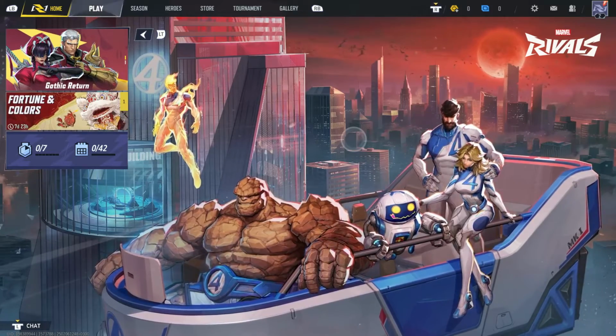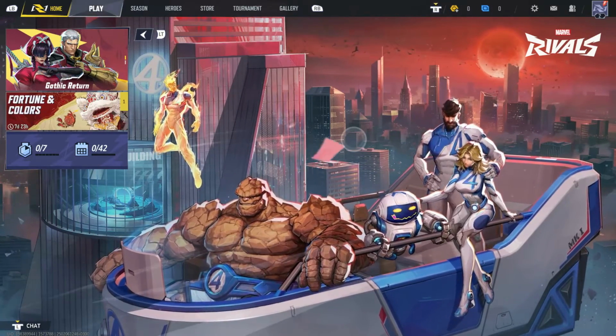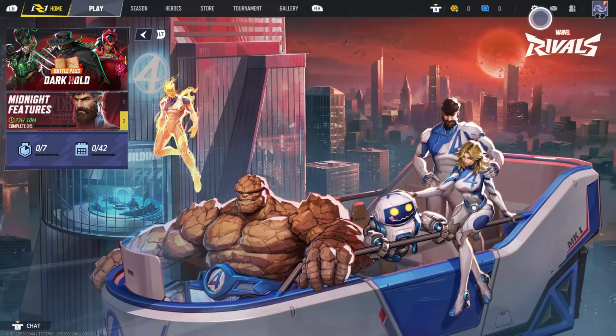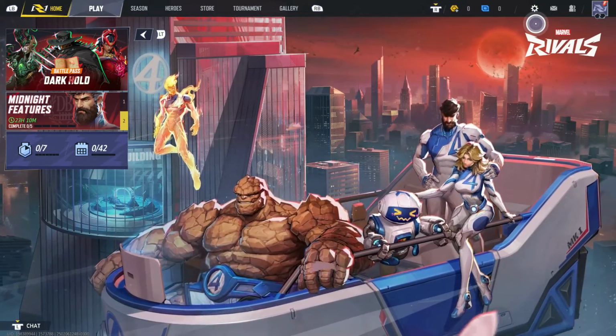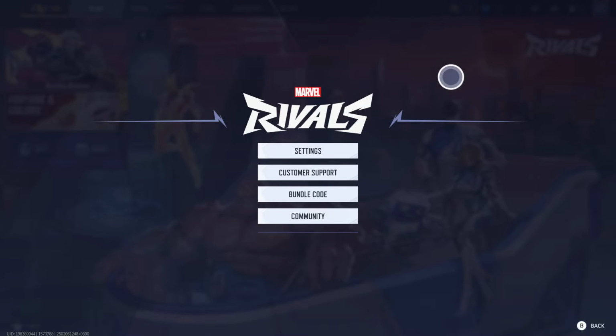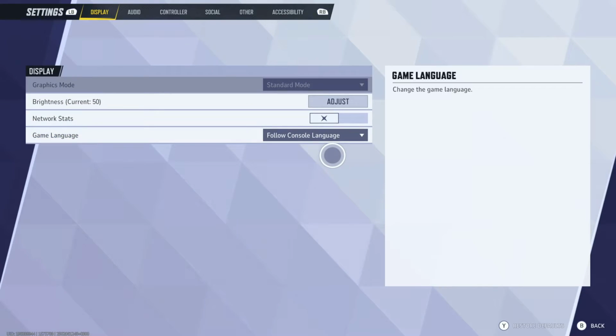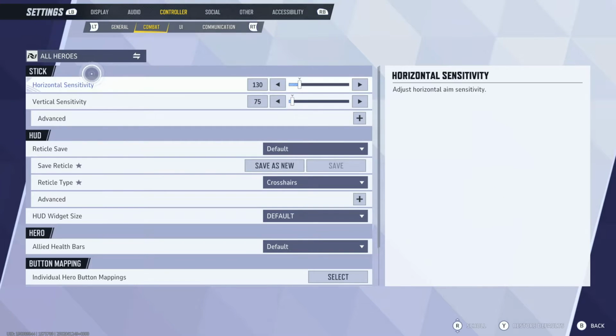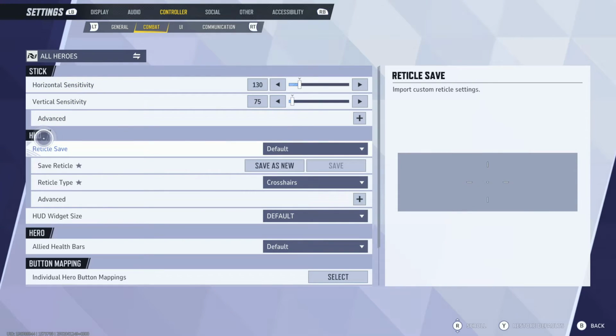So all you have to do is launch the game on your PC or on your console and access the homepage. And then from here, select the settings icon that appears on the top right corner. So select that and choose settings from the menu that appears. Now within the settings, go to the controller option and then choose the combat section. Now within the combat section, find the HUD section and you should see options that you can customize your reticle